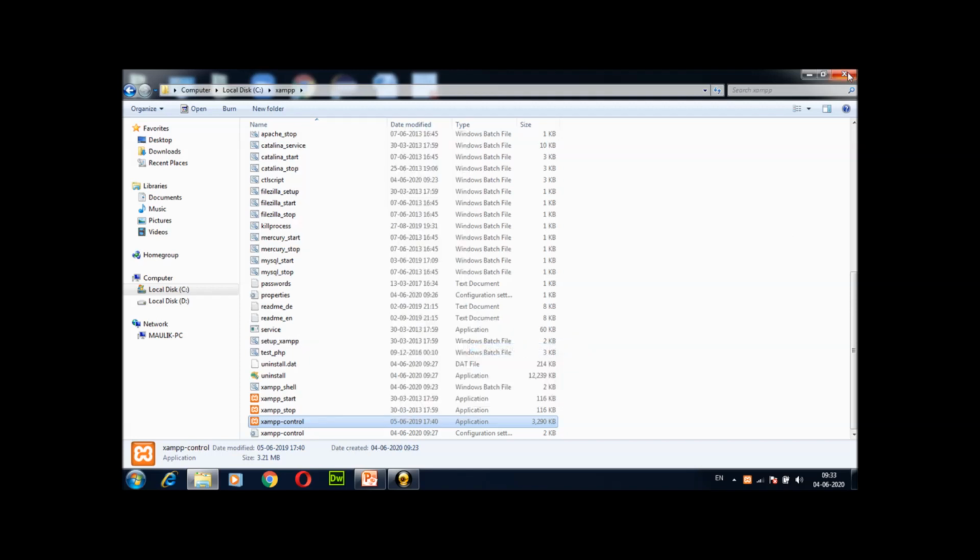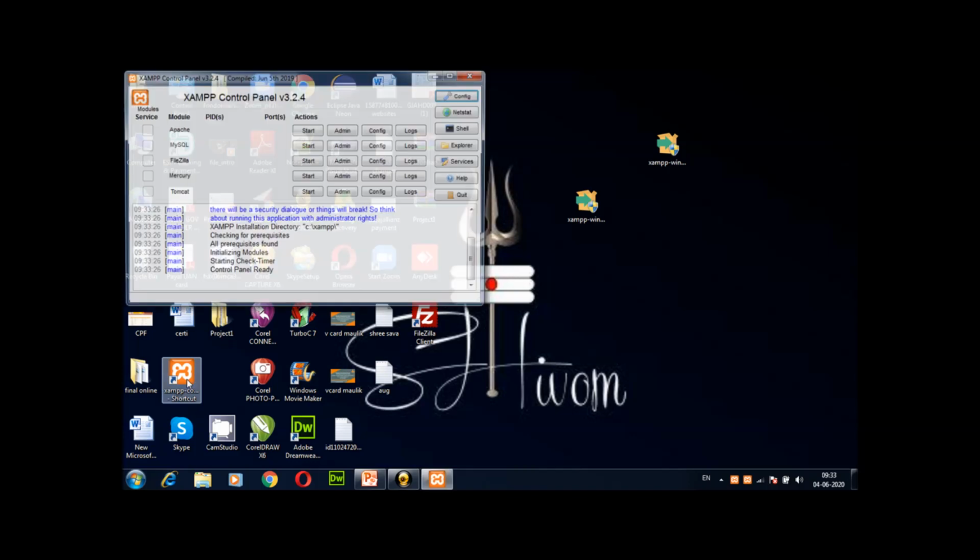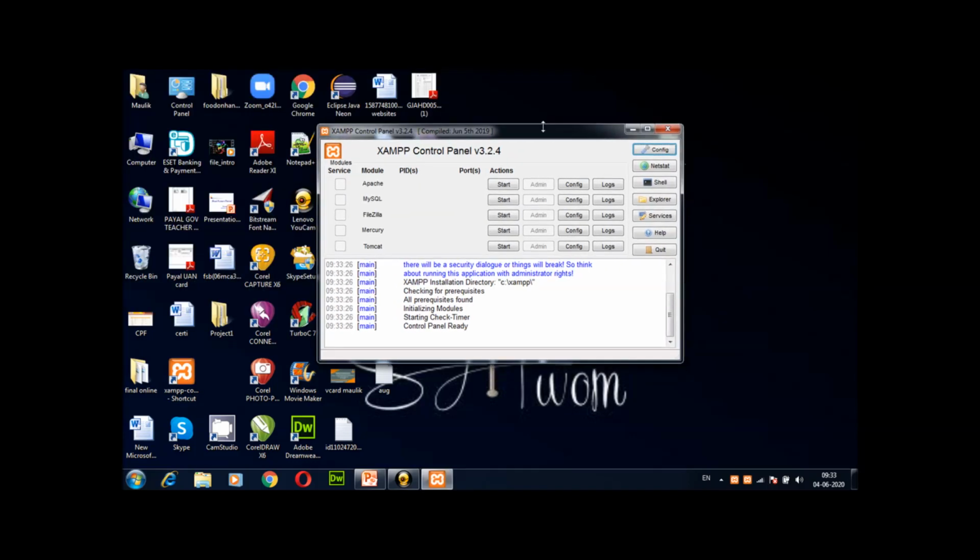So it will create a XAMPP control panel shortcut. Now I will double click on this control panel shortcut. It will also start the control panel, and I go with the Apache service and go with the MySQL service, and both services are started.